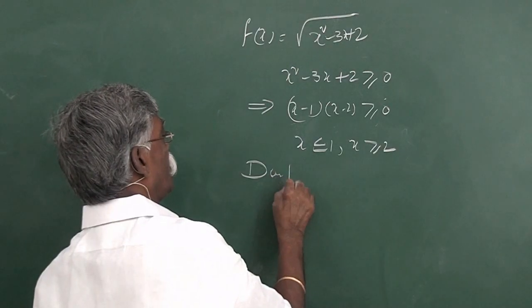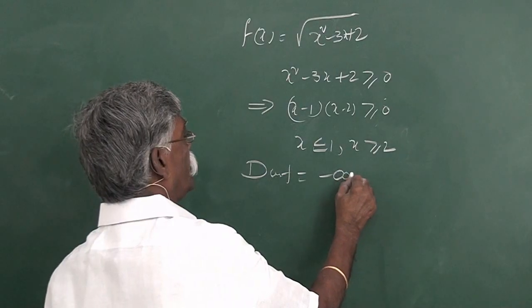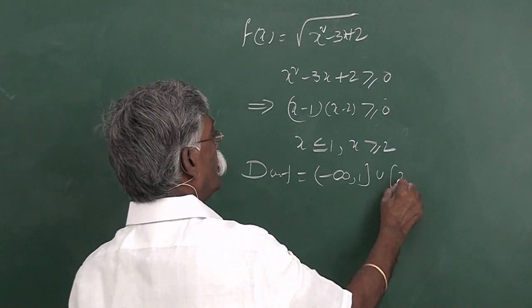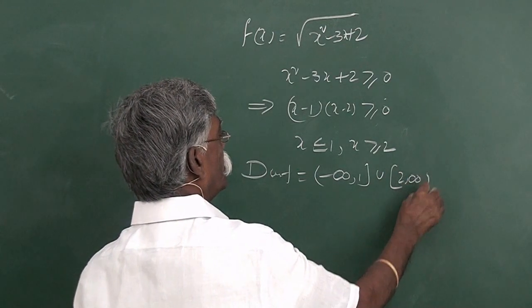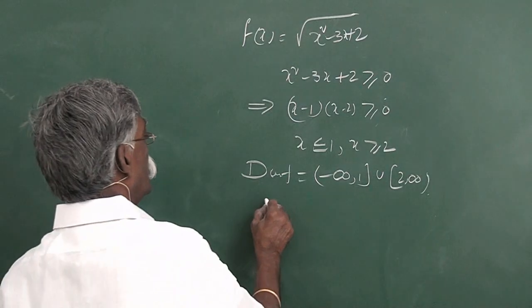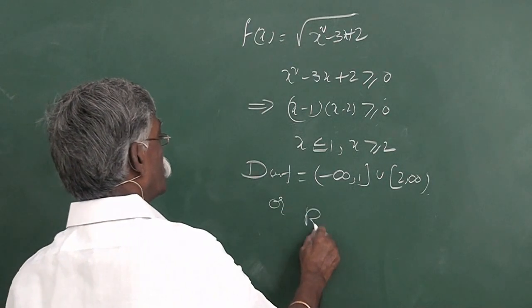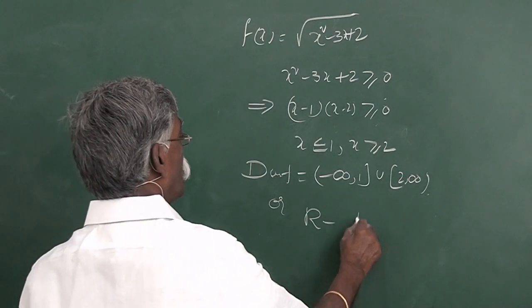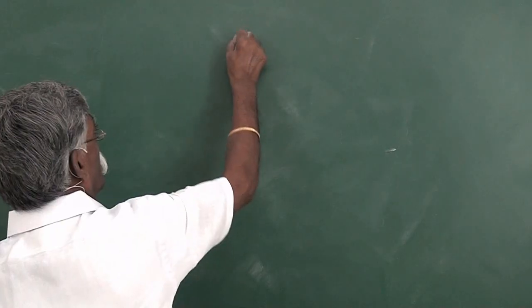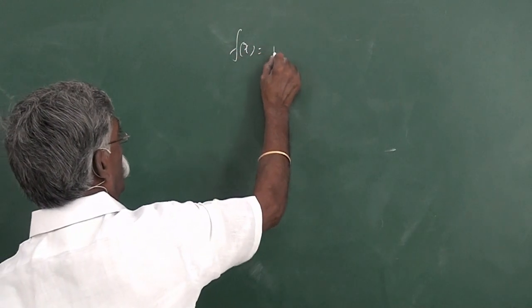Therefore, the domain of f can be written as minus infinity to 1 union 2 to infinity, or from the real numbers set, you can remove all the values between 1 and 2. Next one, f of x is equal to square root of 2 plus x